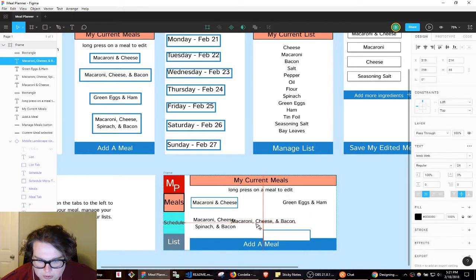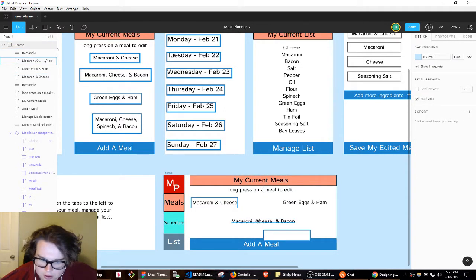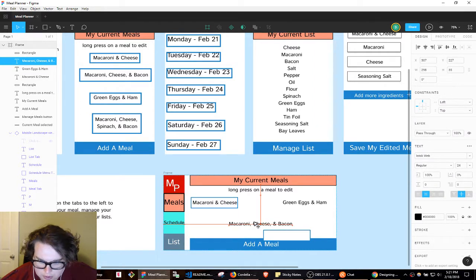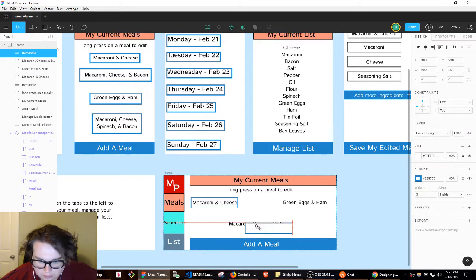Okay, so let's expand this out to cover this one. And then we're going to put this over here. We're going to delete this one. We're going to put this right here in the center where you've got plenty of white space to really contemplate what this menu is, and kind of take a look at it and read it,